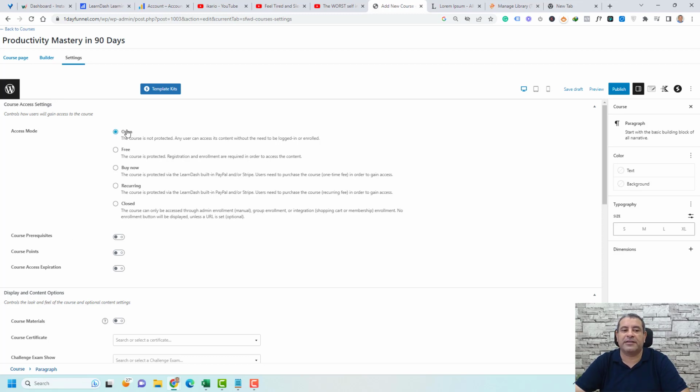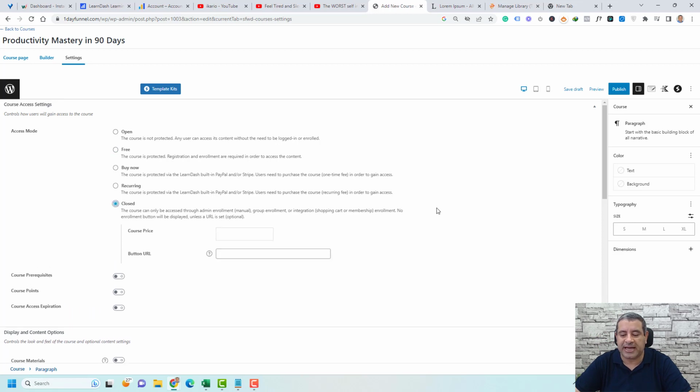If you'd like to have this course as an open course, which means that people don't have to register to be able to access your course. If you'd like to have it free, people need to register, and once they register inside your website, they will have access to this course. By now, if you are using Learndash, Stripe, and PayPal to sell your courses, but I like to have it closed. So closed means that this course will be closed and will be opened only if you give people